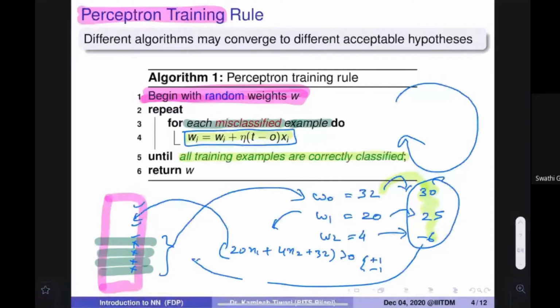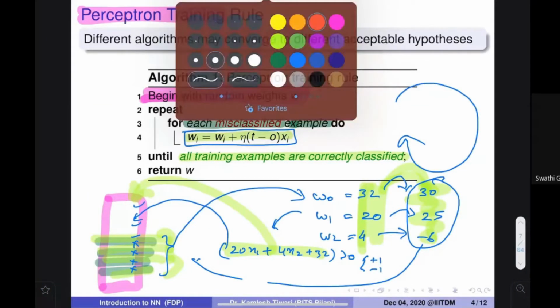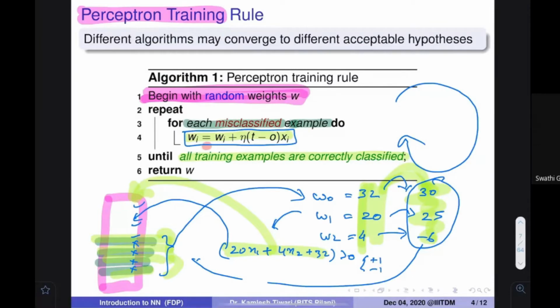Very simplified: you start with any random values. These are the random values. Use them as an equation and apply it to your database. Find out where there is a problem. For those items, you modify the weights so that you get new weights. You do it multiple number of times. So using this particular formula, which we are going to discuss, what is going to happen?